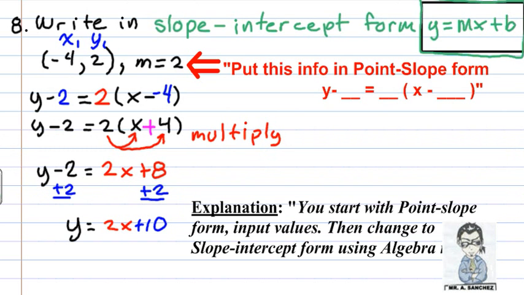And so, let's recap on how we started. First, we started with the given information. -4 and 2 were inputted into Point-Slope form. Then we used algebra properties accordingly to isolate